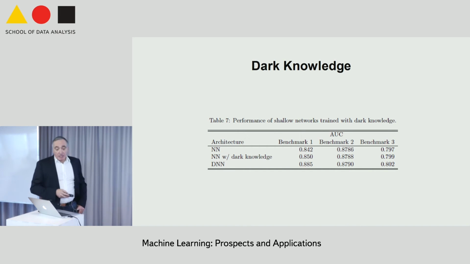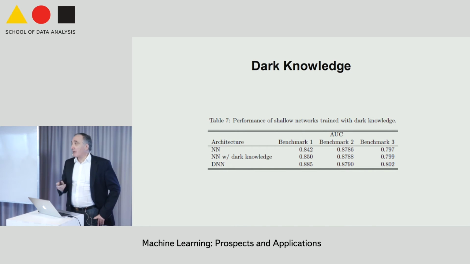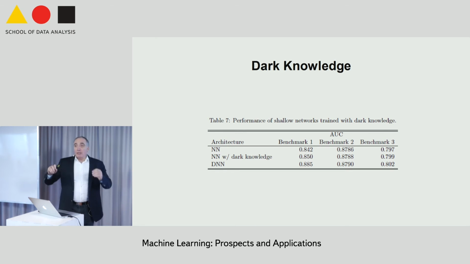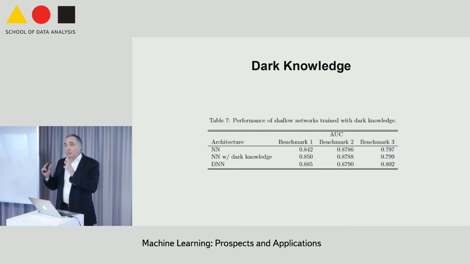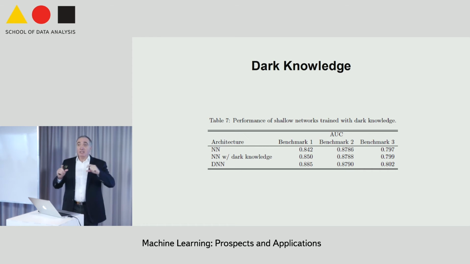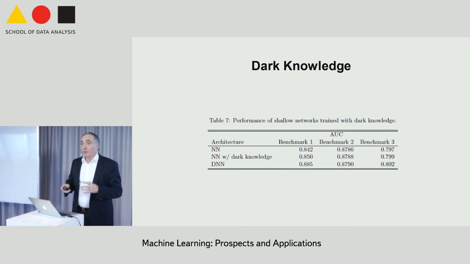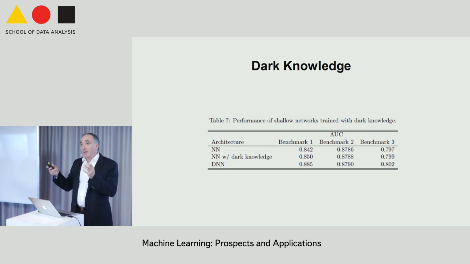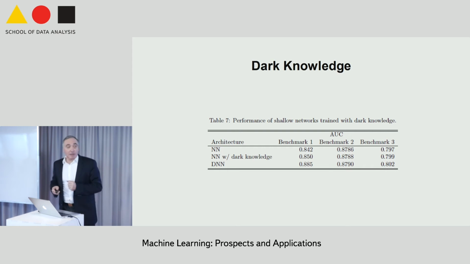Just a small experiment here. There is this idea of compressing neural networks using dark knowledge, which you may be familiar with, where you train a deep network and then you use either the very top layer or the layer before of the deep neural network as targets to train a shallow network. This is useful in cases where you have to put your neural network in a cell phone or something like this. You need to compress your neural networks. So in the output units of a deep network, there is a lot of information besides the dominant class. You have a lot of information in the other probabilities. That's what's called the dark knowledge.